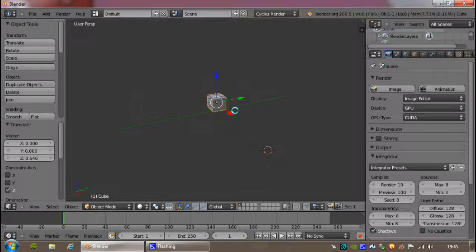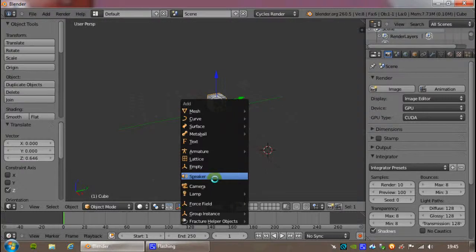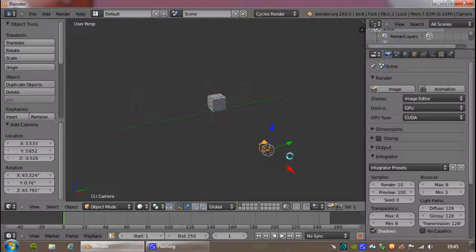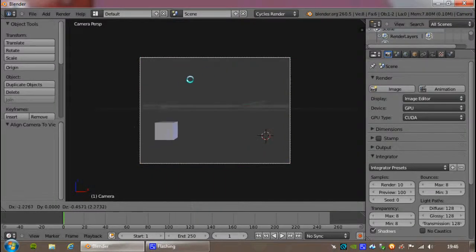So the next thing I'm going to add is a camera. Again, Shift A, add, and down on my list is a camera. Camera's now pointing directly in front of it, so I'm going to press 1 just to align my viewport, and Control Alt 0, which will align my camera. And there's my Passepartout. I can use the G key to grab it because it's highlighted, and I can move around